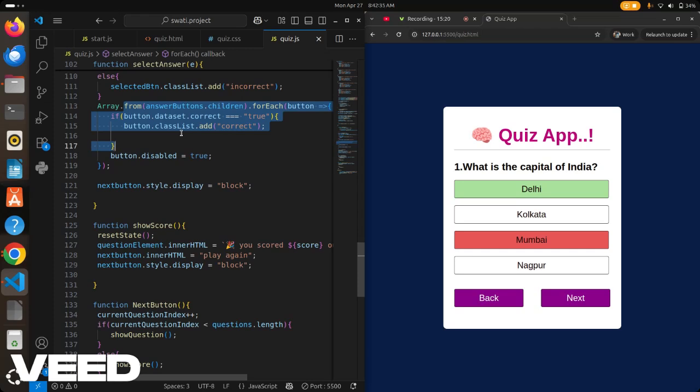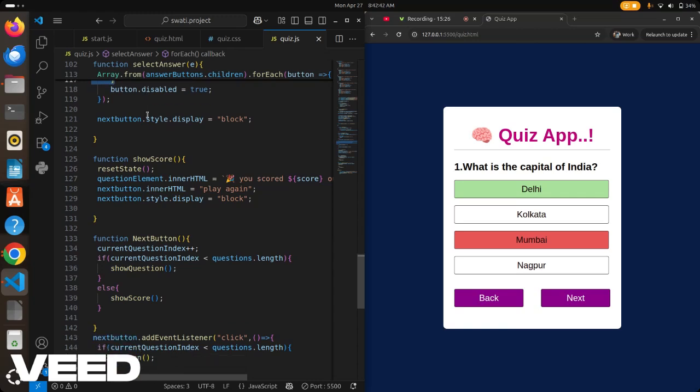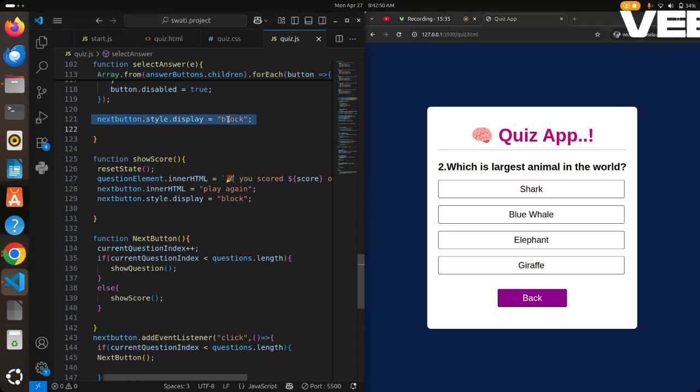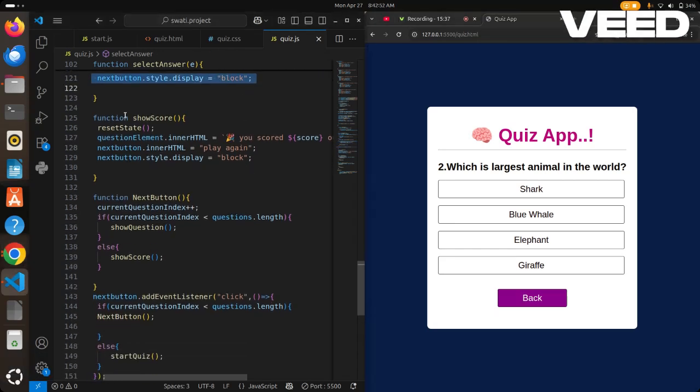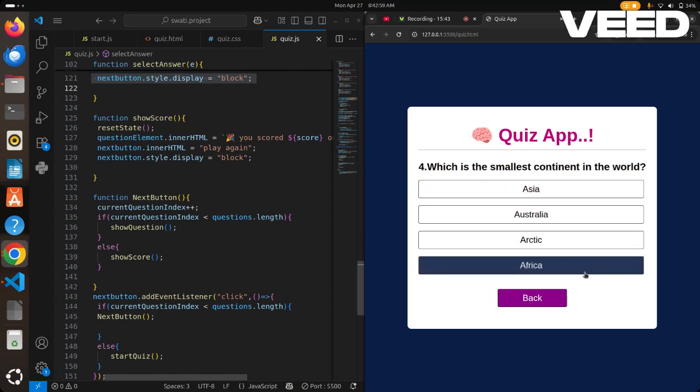If it is true, it shows the correct and it will add. Then button disabled true. Okay. Then when we are going to the next question, the next button will display block. It will not show.